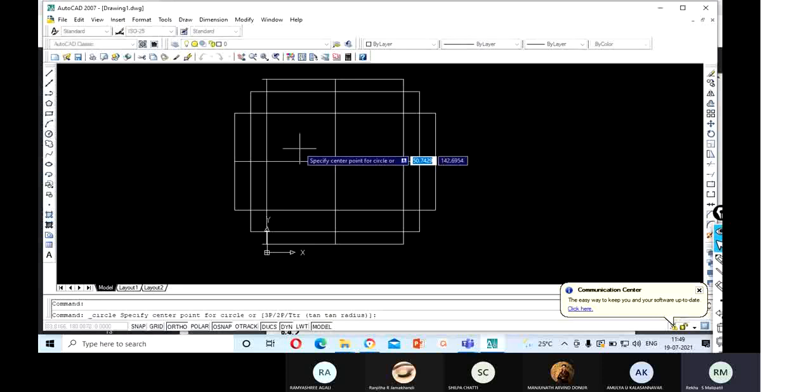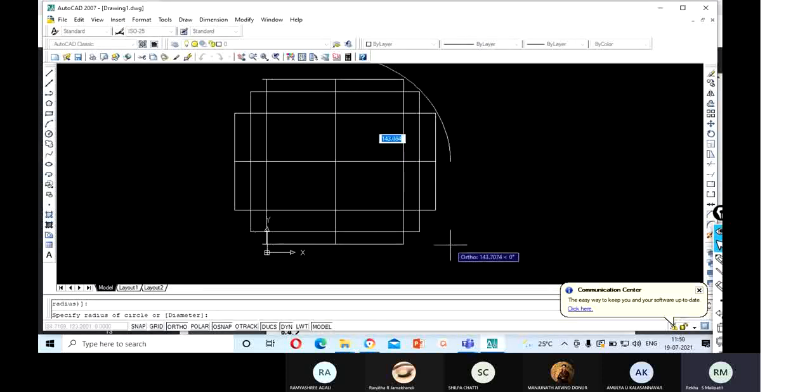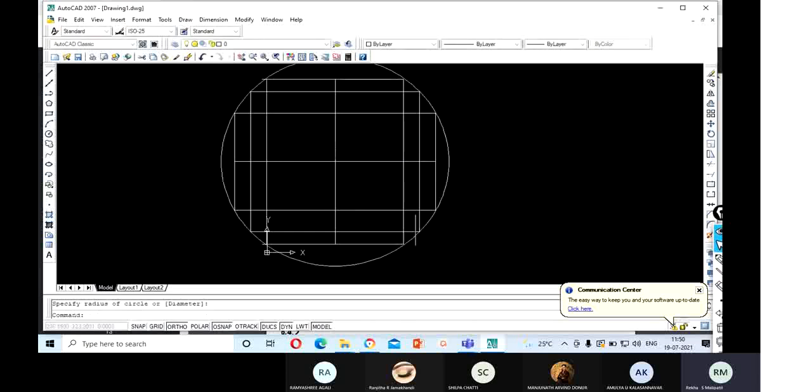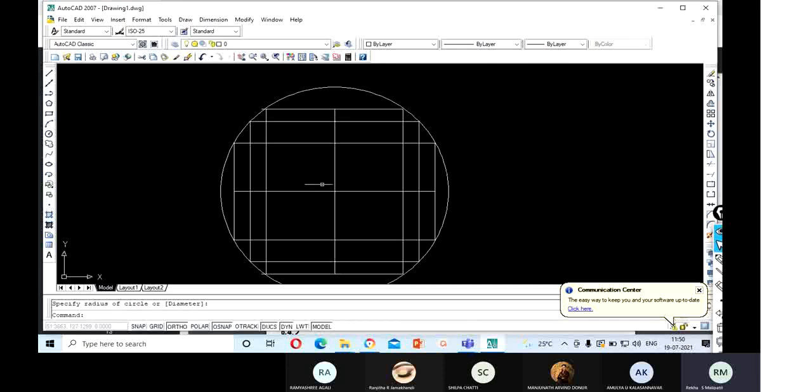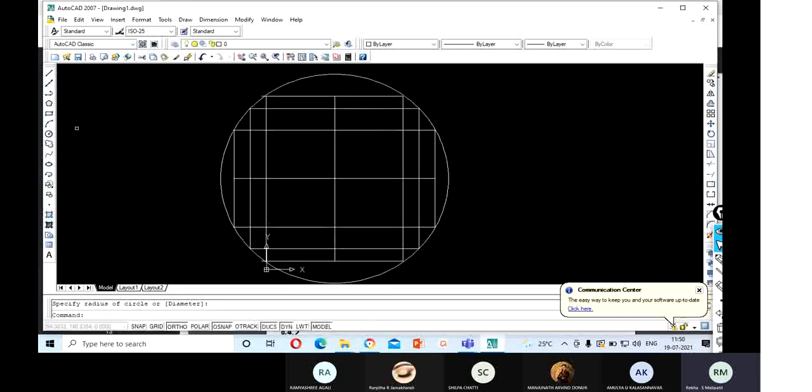So we will first draw the circle, because we need to set the center. Just draw a circle which just touches all the vertices. Now you can trim the other parts, because we need the center point. If we trim the middle part now, before drawing the circle, you won't be able to draw the circle with the center. Again, I'll trim these lines now.